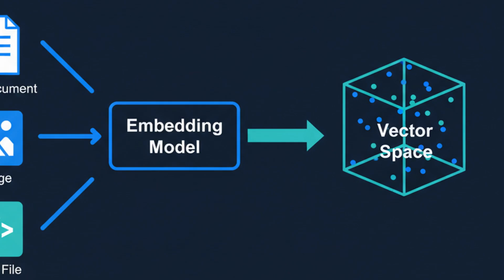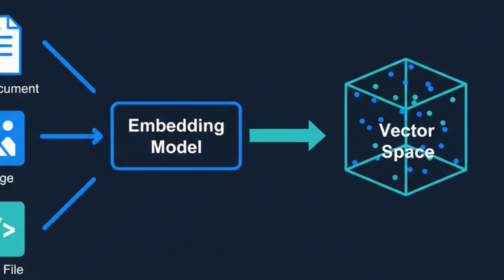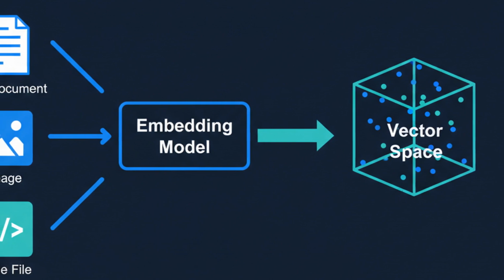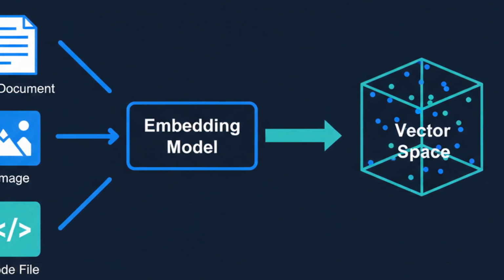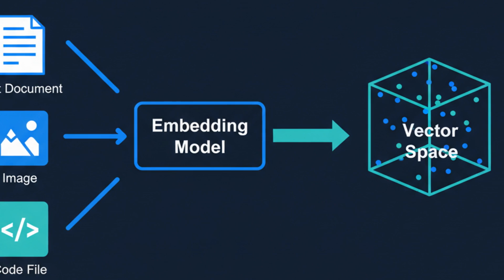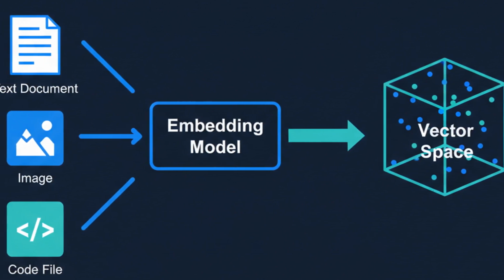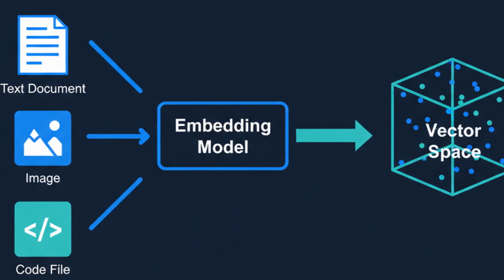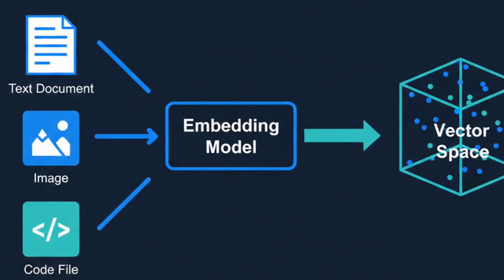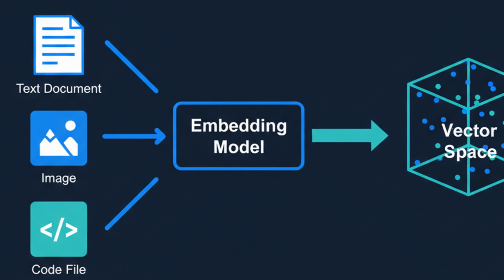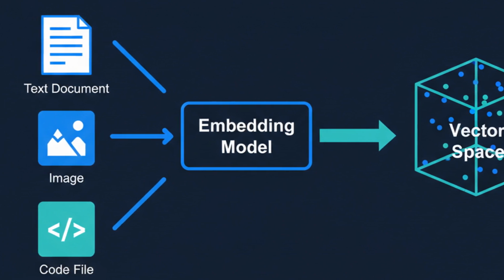Embeddings aren't limited to text. Models like CLIP embed images and text into the same shared space. So you can search a photo library with a text query like "a dog playing in snow." Code embedding models do the same for source code, letting you search a code base by describing what a function does, not what it's named. Different data, same idea. Everything becomes a vector you can compare.